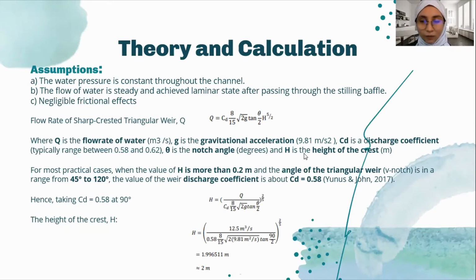Basically, all the information is already given except for the height of the crest. For most practical purposes, the height is more than 0.2 meters, the angle of the triangular weir is in the range of 45 to 120 degrees, and the distance coefficient is basically 0.58 according to Unit and John 2017. After using this formula and filling in all the numbers, we get the height of the crest as 2